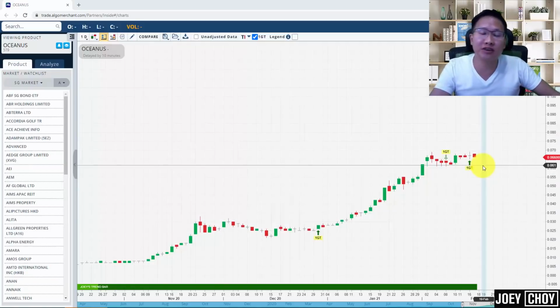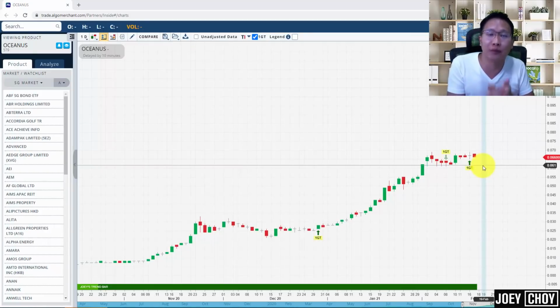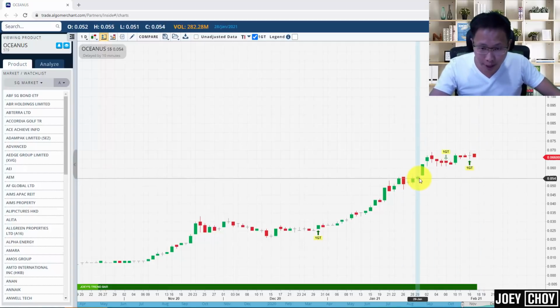Okay, so this is Oceanus on the 1GT, the One Good Trend system that I have, that guides us on when to get in and when to get out, and also allows us to focus on just a few stocks that we want to think about, and that's where we want to take our entry. Right, so this is Oceanus, and I mentioned that somewhere around here, just about 3 weeks back,